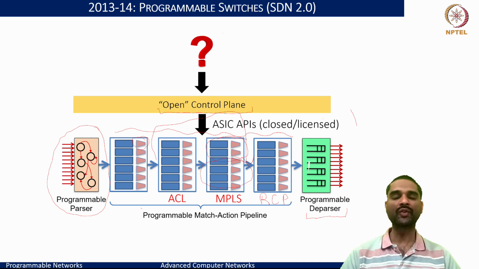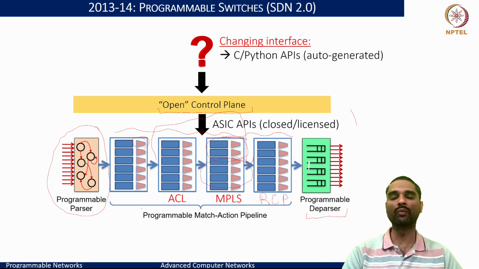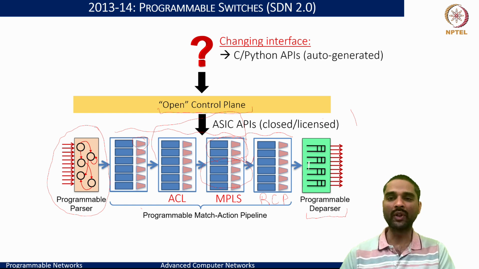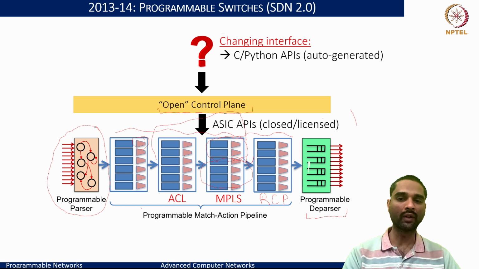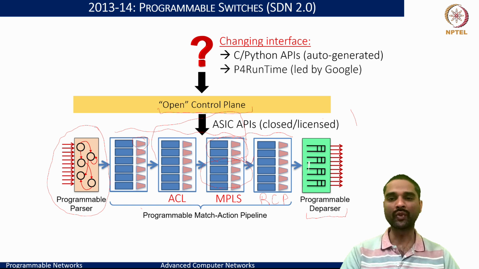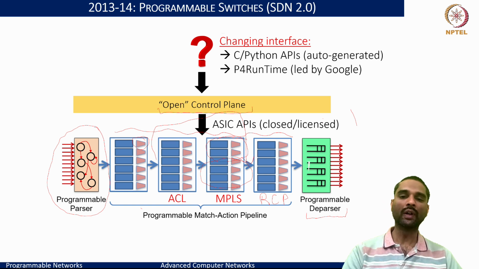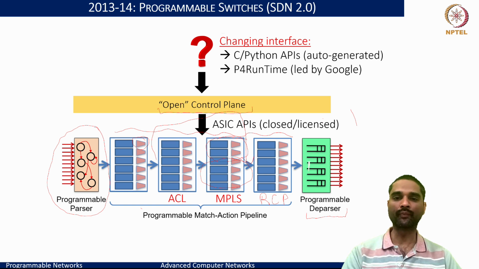And to enable this is now the question of what exactly we need. We can think of the key changing interfaces that we would want to bring as either C or Python APIs that could auto-generate and build what we call program the open control plane to ensure that we can meet this. And this is where P4 Runtime comes in, which was an effort led by Google early on and is now a consortium in its own right, trying to provide the means to facilitate the interfaces for really dictating all these elements.